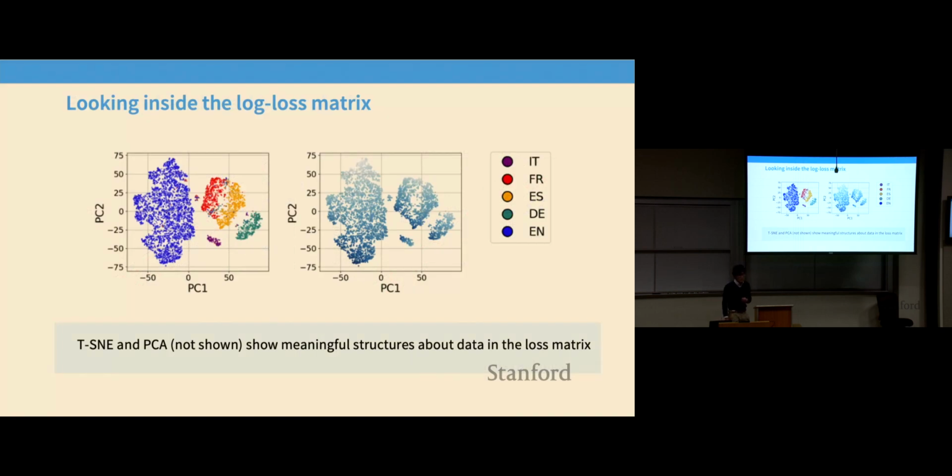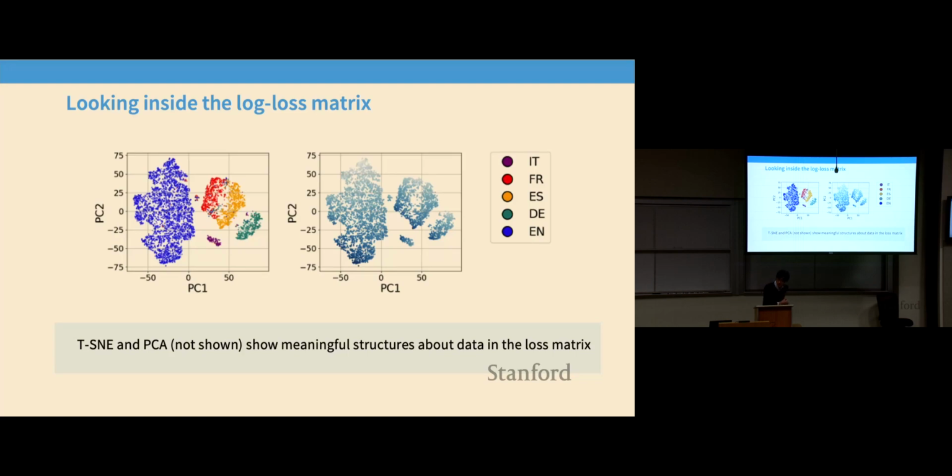The final thing I want to talk about for this set of results and approaches is this big matrix that we do regression on, right? Rows are different models, columns are different websites, and each entry is the log likelihood that a model attains on that. If you think about it, I can do things like PCA or t-SNE on this big matrix to try to understand, can I visualize pre-training data and understand which things are important features in pre-training. And we see really two very salient features that are useful to know about.